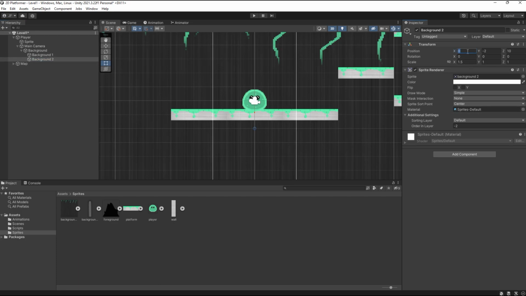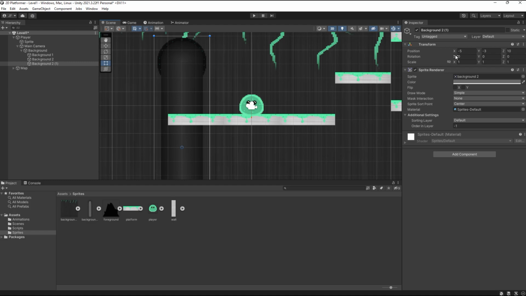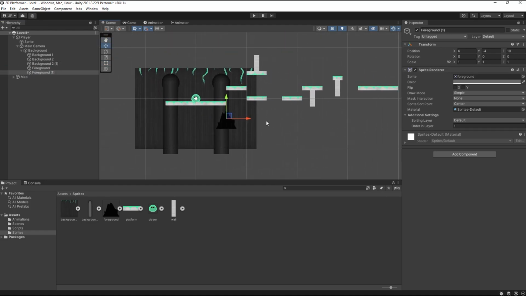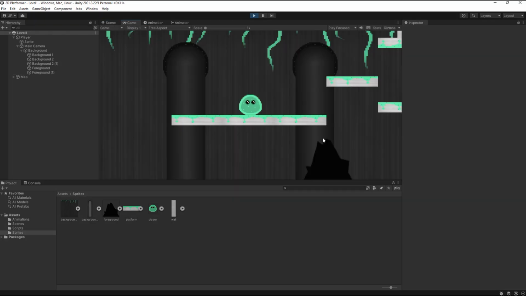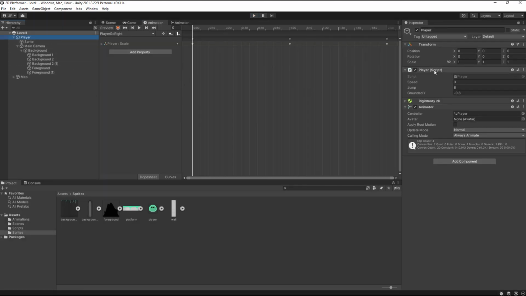Tweak its position a bit. Let's put it on top of our first one. Change the scale of it. Let's make it a bit darker. Now let's duplicate it. And finally let's add some foreground elements. And the second one, right here. And now if your background looks like this, make sure that none of your animations changes the scale